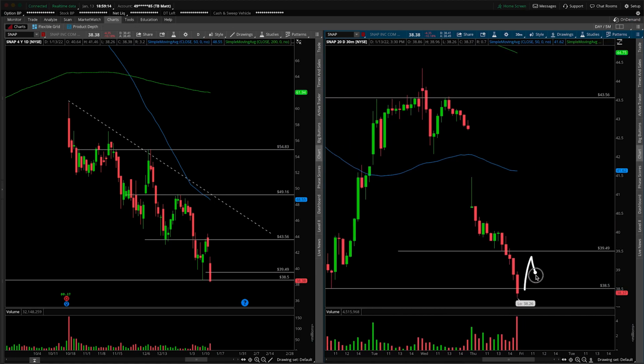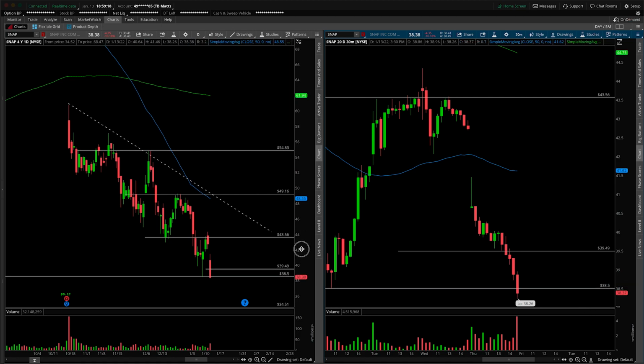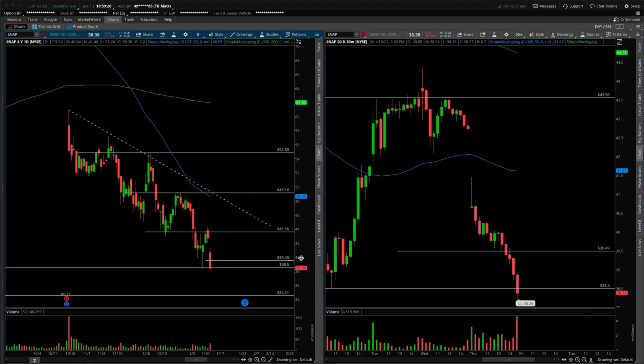So anything that happens below 39.50, bearish. We're looking for the breakdown underneath 38.50 for new lower lows to take us closer to 34.51. We know that. That's the bear setup here inside of Snapchat, just continuing this daily downtrend. Where do things change, though, back to the upside? Well, if we can immediately recapture that 39.50 and start getting price acceptance above,